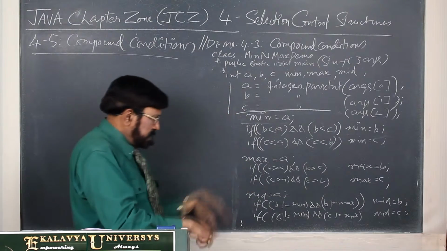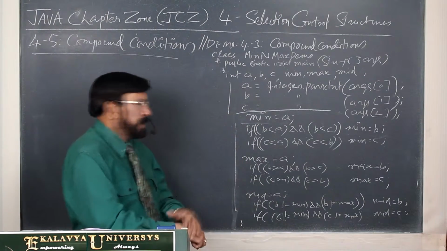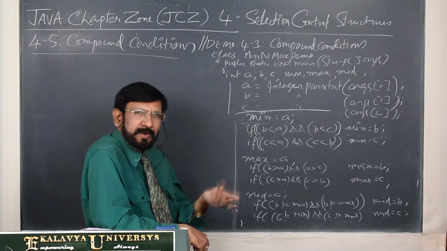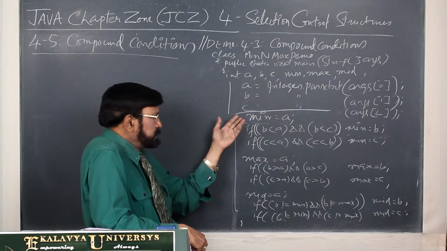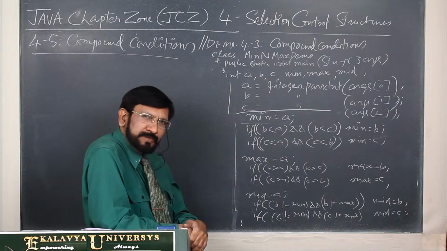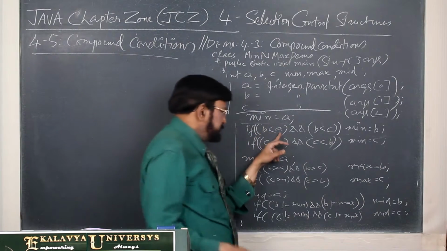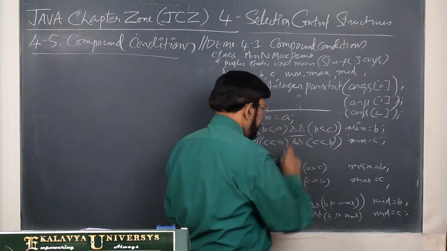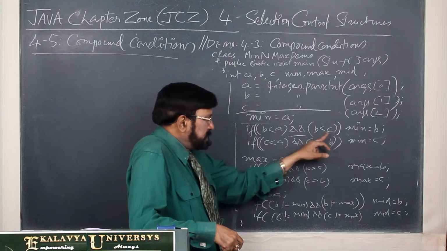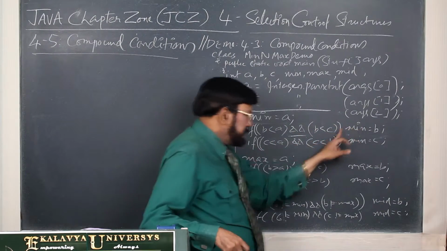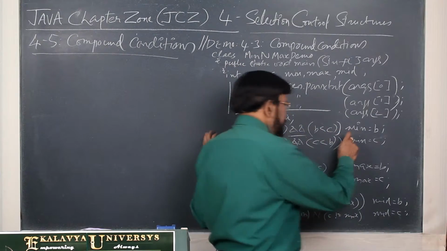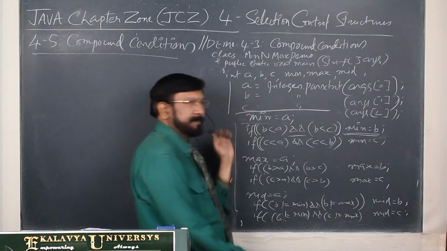And now let us come to the compound statements. First, I assumed A is minimum, because every run we are giving different integer values. You can assume A is minimum. When B is minimum instead of A, B is less than A, and you can write a boolean logical AND also here: B is less than A and B is less than C, definitely minimum is B, not A.